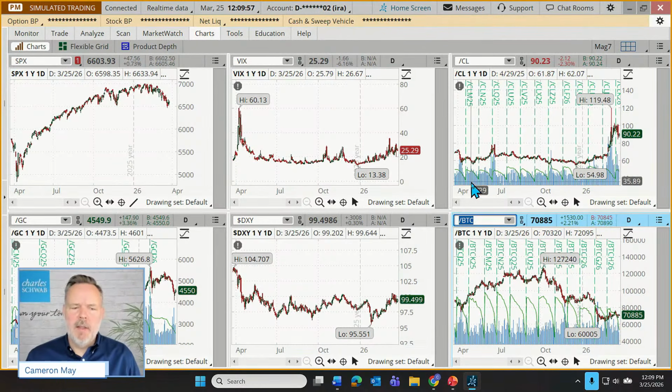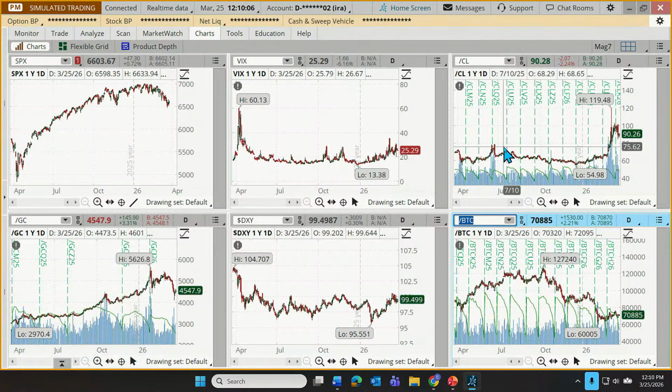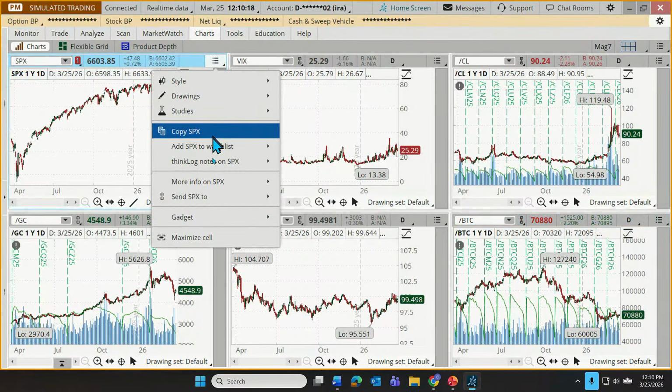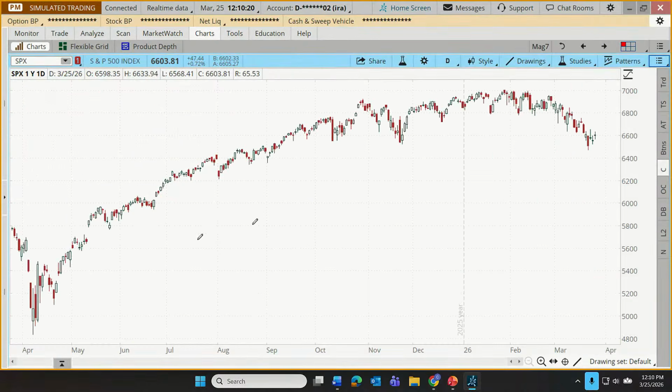Now, what you'll notice here is as we load these, they have some very different appearances. And it might be a little bit too much information. It might be a bit to absorb as we move from one chart to the next. So let me make a quick modification, then I'm going to push that through the rest of this grid. So let's go back here to the S&P 500. Let's maximize this cell. Our others are still waiting for us.